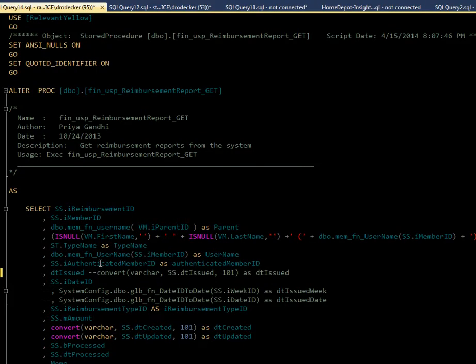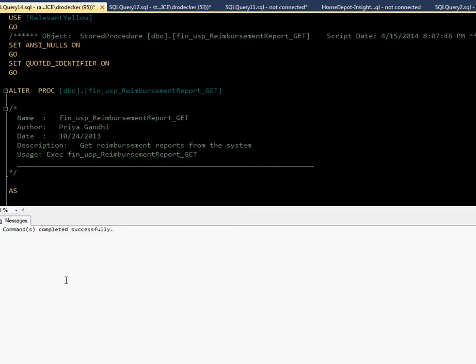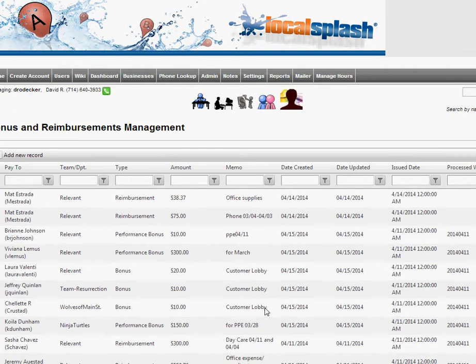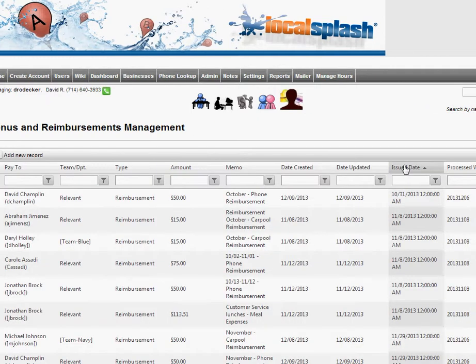I'm going to go ahead and remove that and just change it back to a complete datetime field. Let's refresh this interface. Now notice that I got the datetime full value, and that's probably why the developer chose to convert it to varchar 101, to make it appear with the proper, cleaner formatting. I'll describe how to clean that up in just a minute, but now if I go ahead and sort, notice